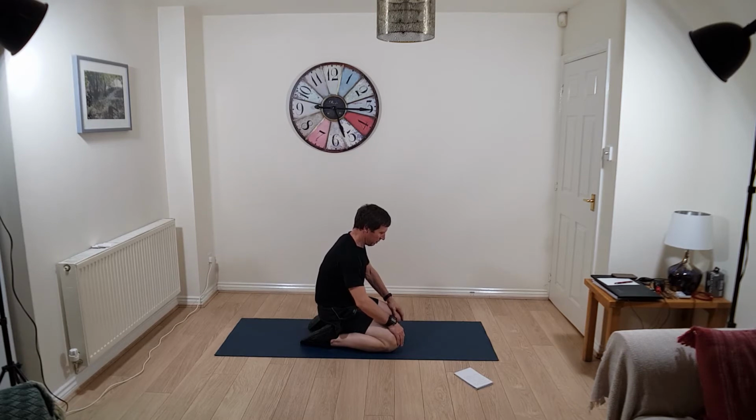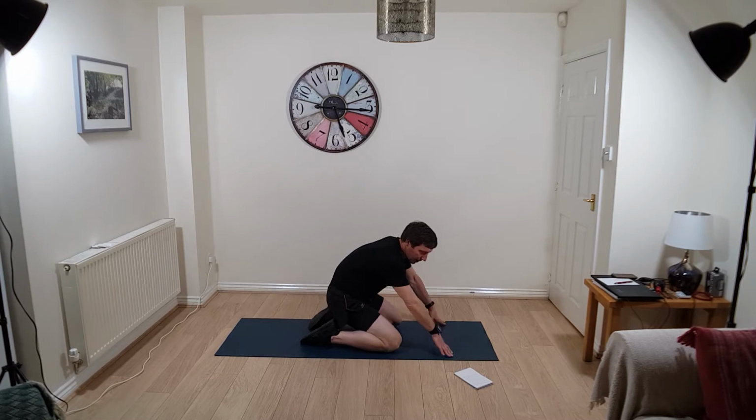Just let your weight sink back, and you'll feel a stretch here up the front of your ankles. Not somewhere we stretch very often. Okay,